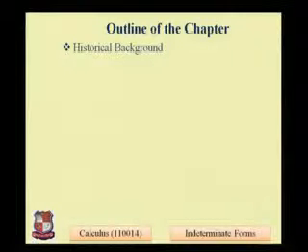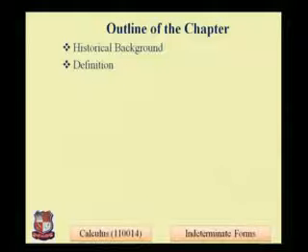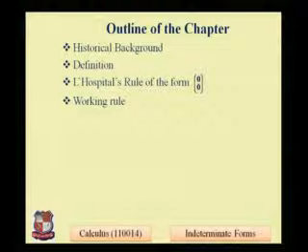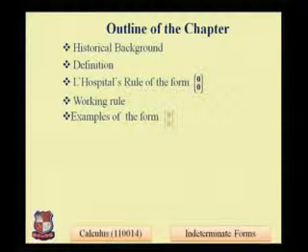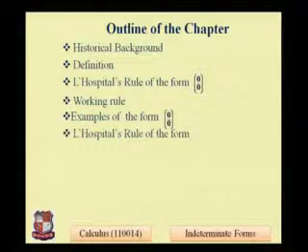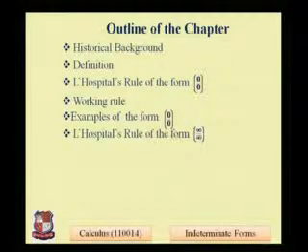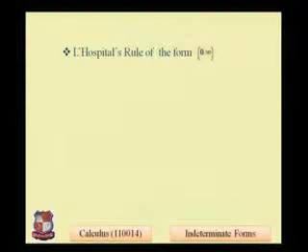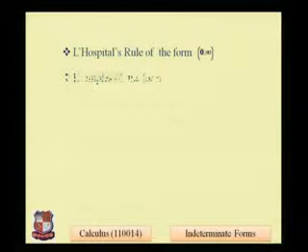This chapter contains, first of all, some historical background of the chapter, then its definition, that is the definition of indeterminate form, then L'Hospital rule of the form 0 by 0, then the working rule, how L'Hospital rule works for the given function, then an example of the form 0 by 0, then L'Hospital rule for infinity by infinity and its example, then again L'Hospital rule for 0 into infinity form and its example,